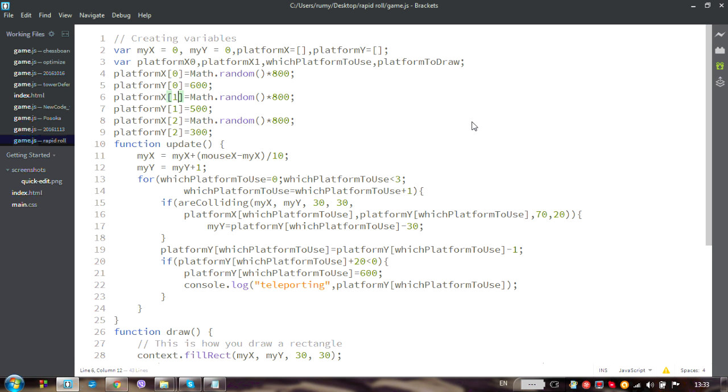Let's go back to what we learned from the previous lesson. Instead of having a series of variables like platform x0, platform x1, platform x2, and so on, and also having the same series for the platform y's, we can have an array. An array is a special type of variable that we give a value equal to those two